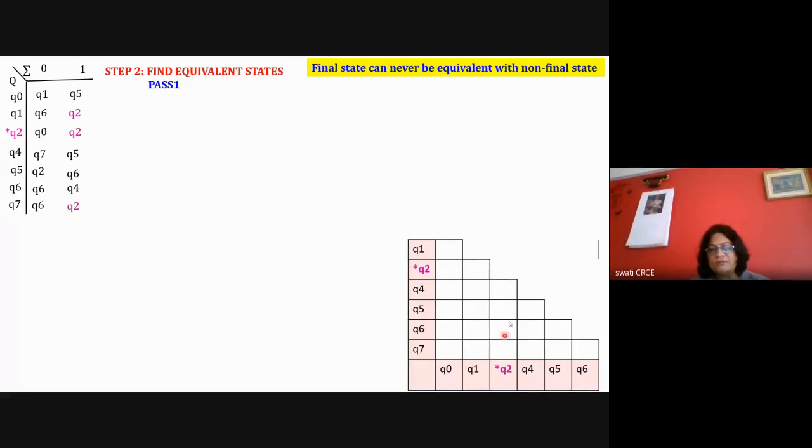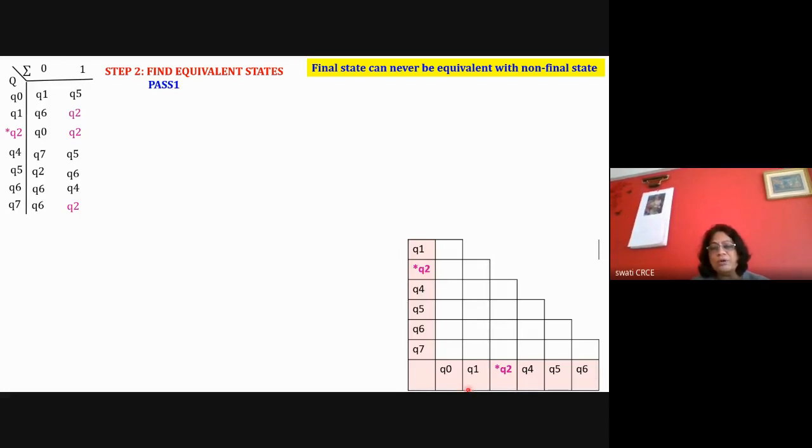Observe this table here. First you write down the states horizontally, so you don't make any mistake. Refer to the transition table: the states start from Q0, so write down all the states from Q0 horizontally. If you are starting from the initial state, we don't have to write the final one, the maximum number, Q7, here.